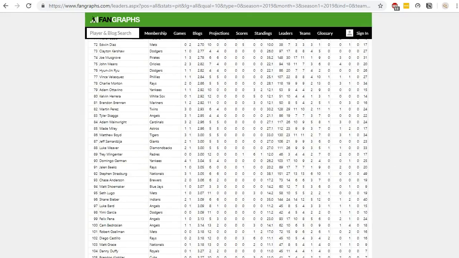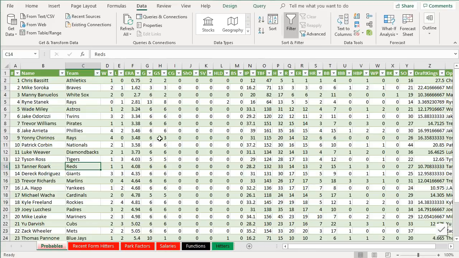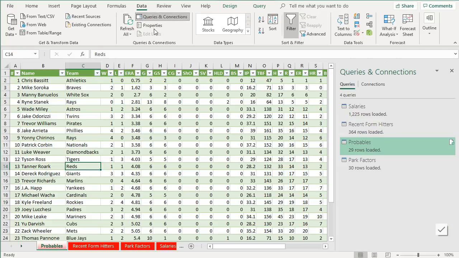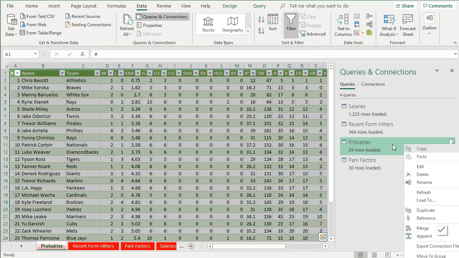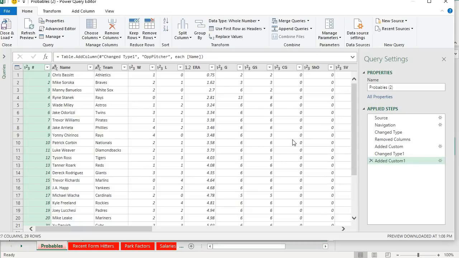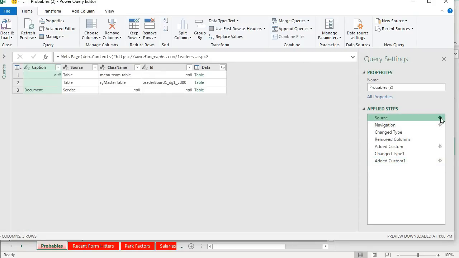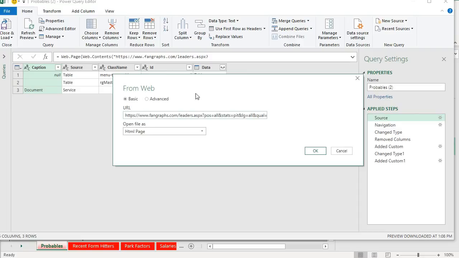Okay. Now, if I remember correctly, and we've done this correctly, we should just be able to take the exact query that we used for the probables and do it for the pitcher stats. So let's open this up, and I'm actually going to right-click and duplicate the probables, because we're going to make the same calculations for DraftKings points. So really, if I just change my source from the old URL to the new one, which looks like this,